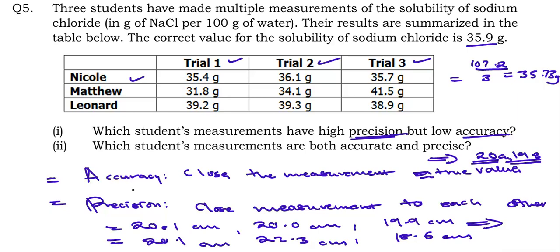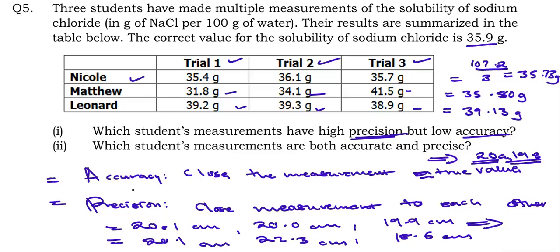The same thing you're going to do also for Matthew. Matthew made this, we add this and this, then we divide by 3. When we do the calculation, we are going to get 35.80 grams. What about Reynard? For Reynard, we are also going to add. We had 39.2, 39.3, and 38.9. Once we add this, we are going to get our answer to be 39.13